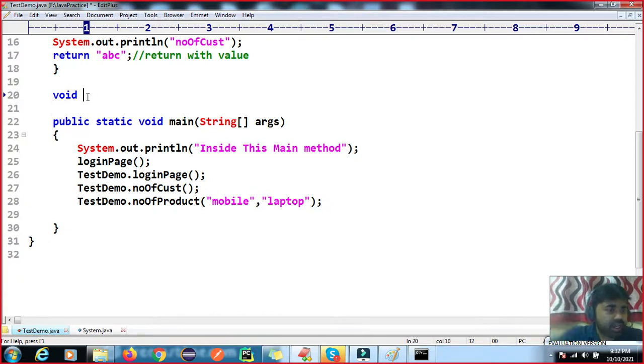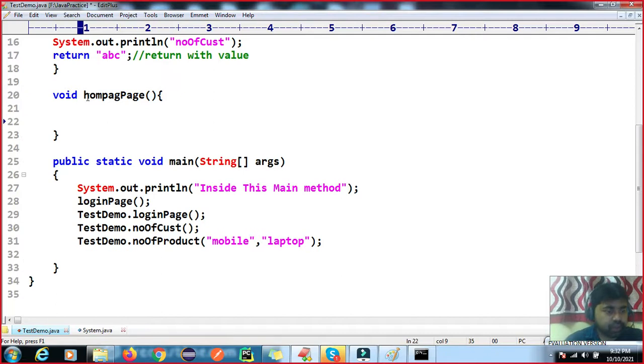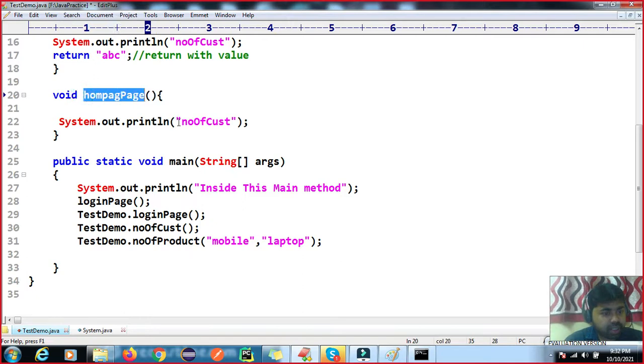I'm creating home page. This is our home page. This method is called non-static. The method which doesn't have a static keyword is called a non-static method.